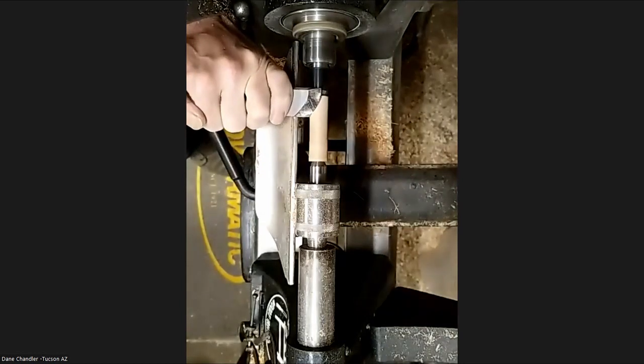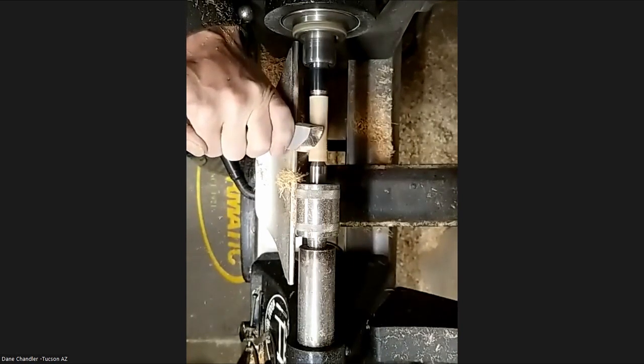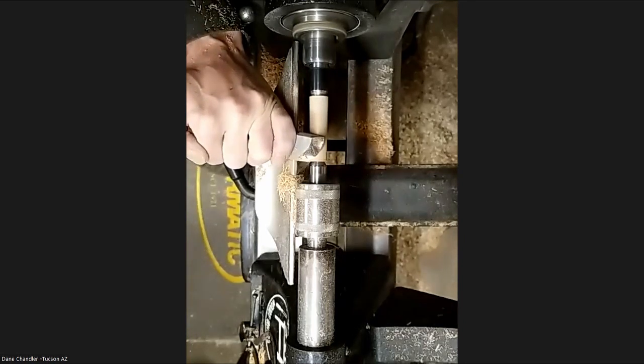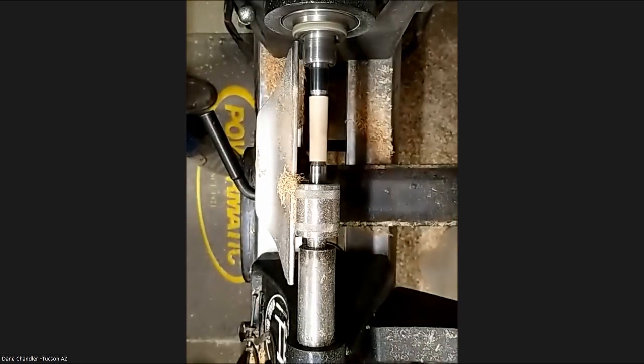And keep in mind, this is not being held together very well. It's just a slight friction fit. And then,